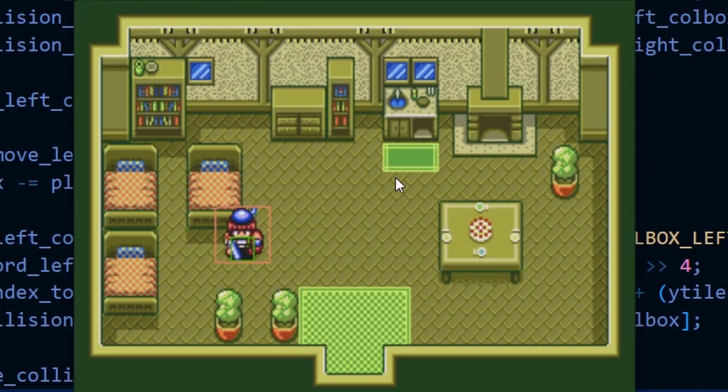And now it's all working as it should. Even though I'm keeping hold of the left D-pad, it's always getting stopped by either the bed or the wall or flower pot or anything else in the scene, any other solid tile. And because we got the figures correct, the offset, everything correct, you're not seeing any pushback, everything's happening within the